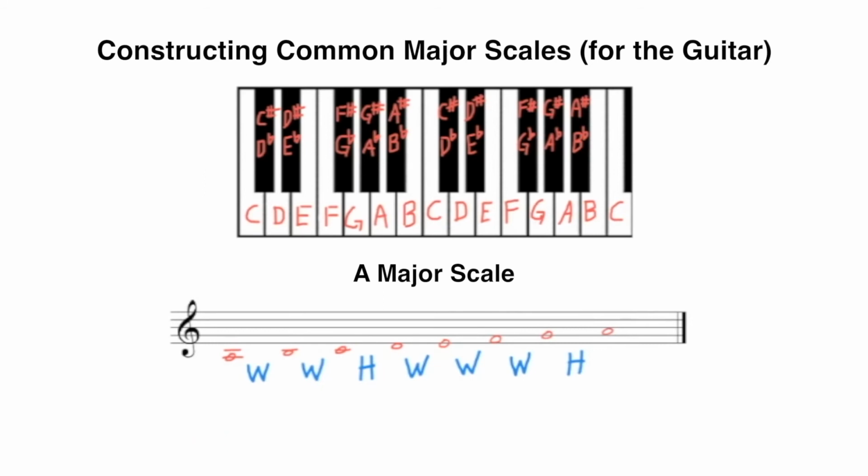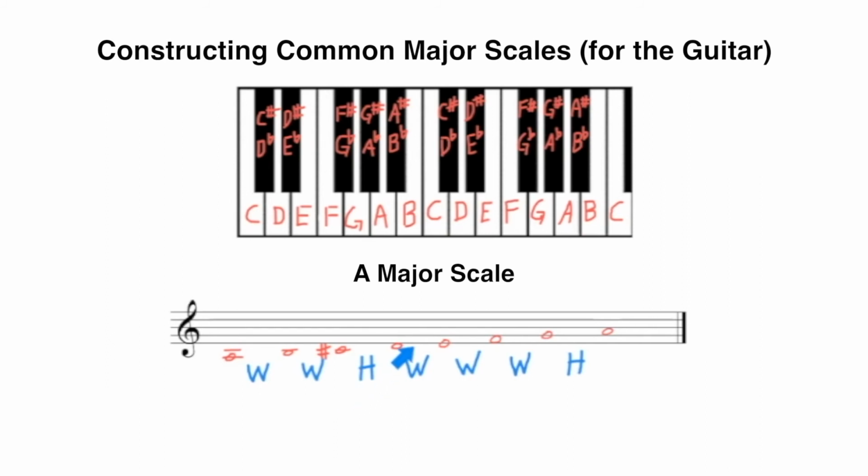Using the piano as a reference, we can see that A to B is a whole step because of the black key in between. B to C, however, is a half step, and we're looking for a whole step. So just like with the D major scale, we're going to take that C and put a sharp in front of it, raising it up to C sharp, making B to C sharp a whole step. Now we have C sharp to D. C sharp to D, black key to white key, is a half step, so no change is necessary.